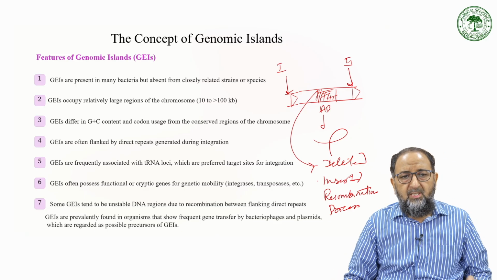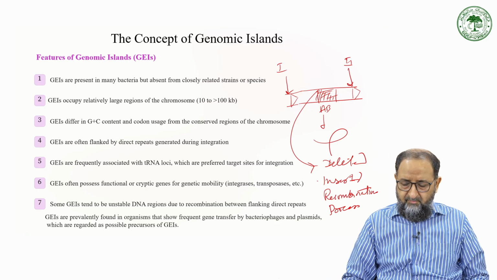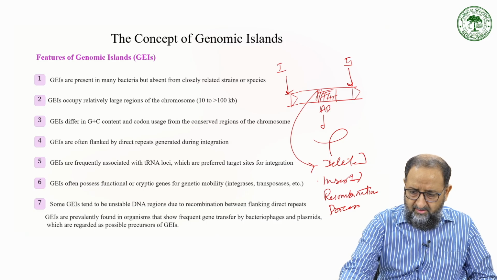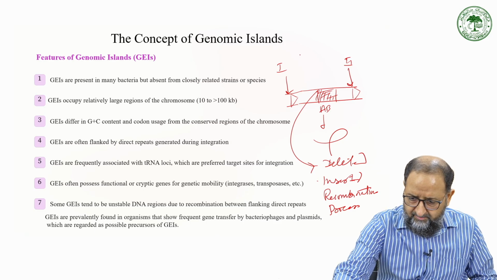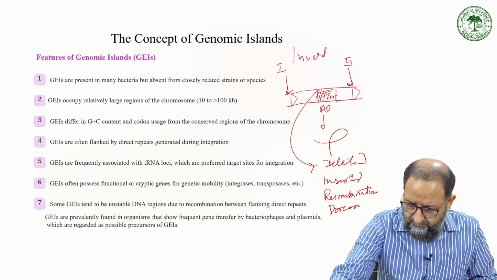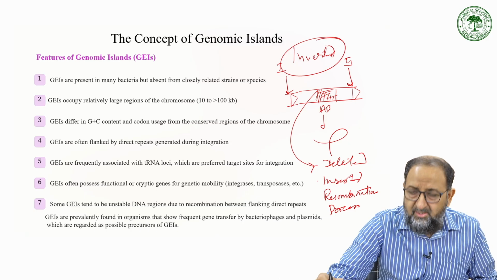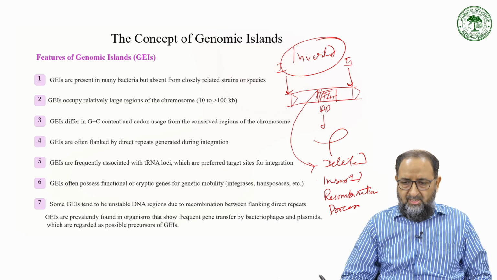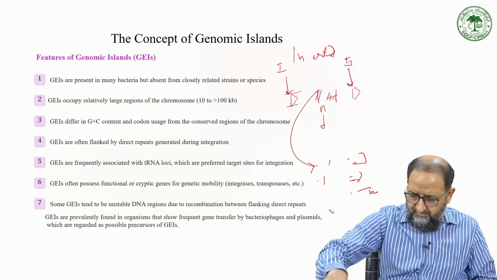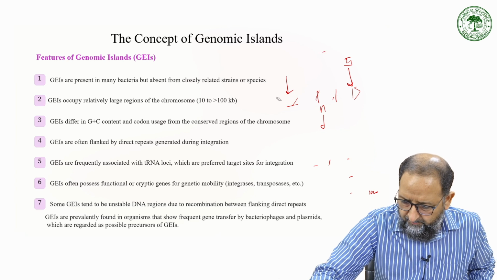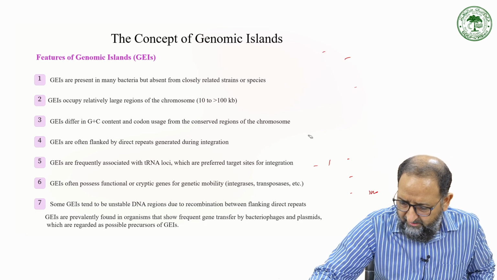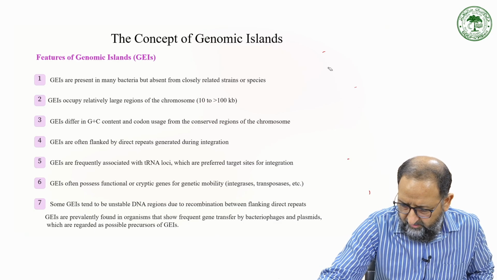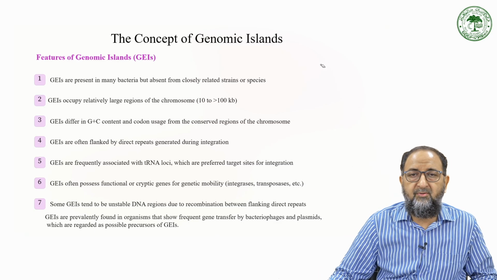Now if you look at the inverted repeats, which are not present in this case, then the inverted repeat lets the gene be inverted. Inversion takes place, and this inversion is basically involved in the gene expression process, which we will discuss at some other time. Now let's see how genomic elements are involved in the process of gene transfer,